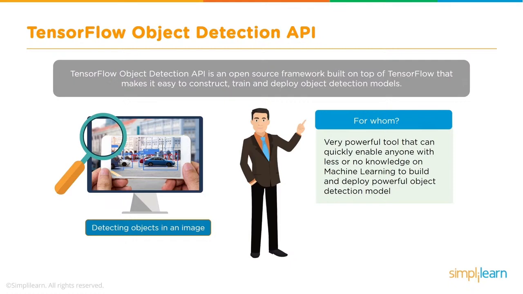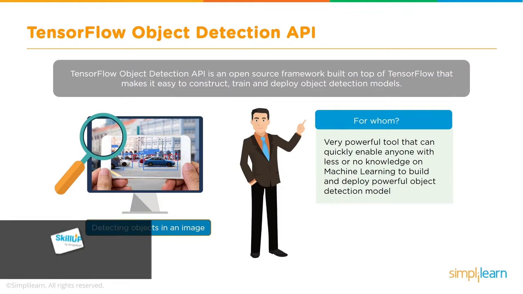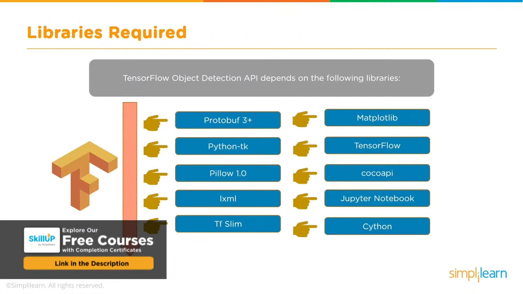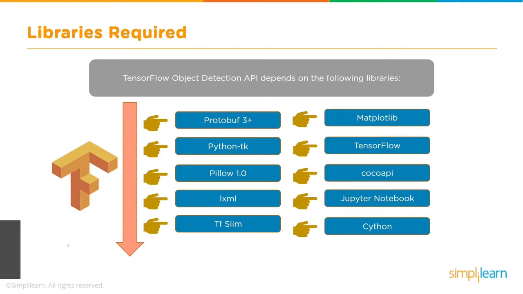People with very little or no knowledge of machine learning or deep learning can also, with a little bit of Python programming knowledge, use this API, this library, to build object detection applications. This is a list of libraries that are required, and they have been shown in the code as well. The exact purpose of each of these libraries, why it is required, is out of the scope of this tutorial, but we will see in the code as we walk through some of these libraries how and why they are